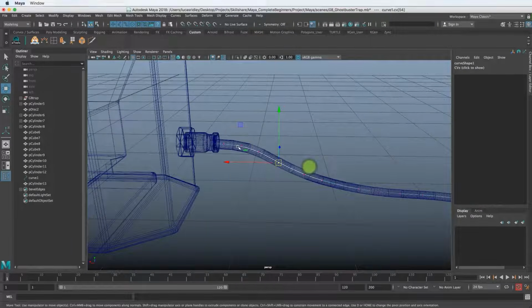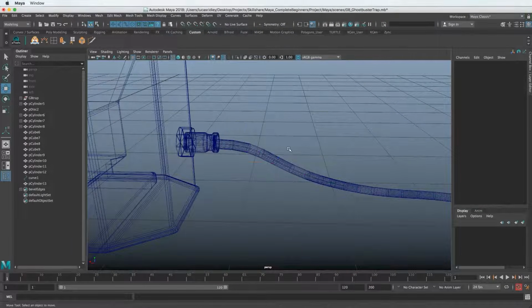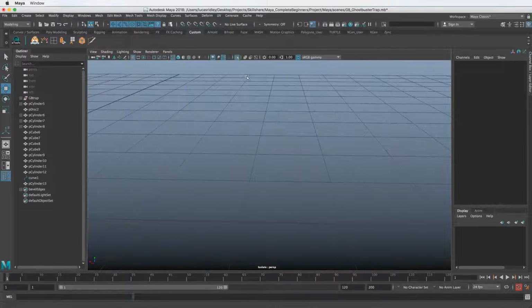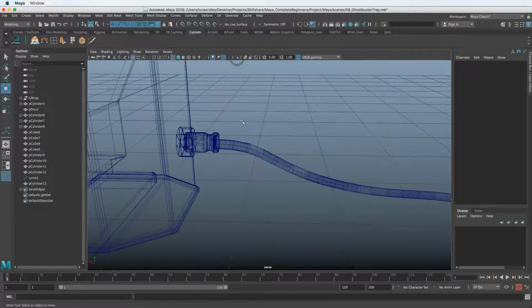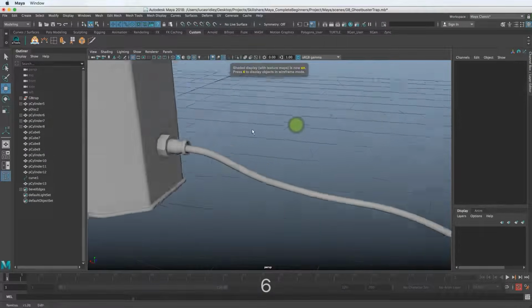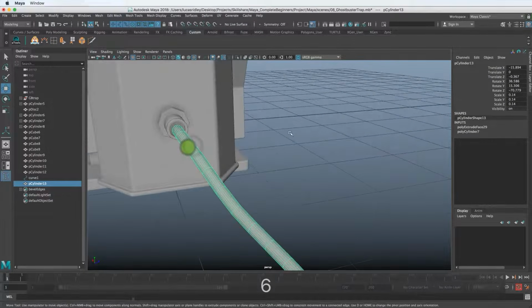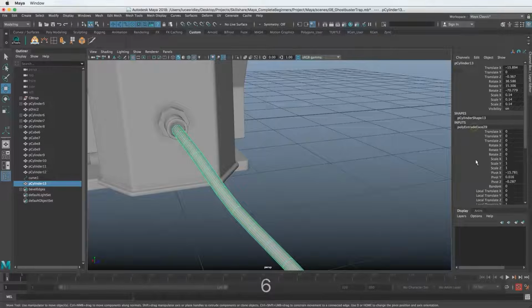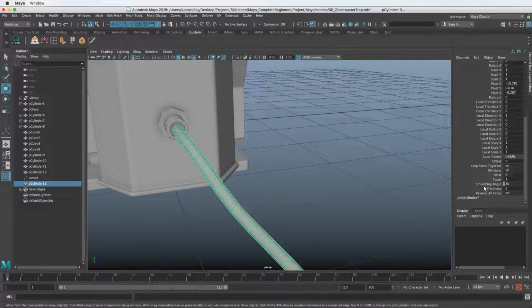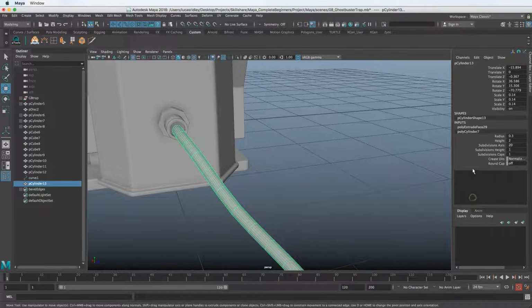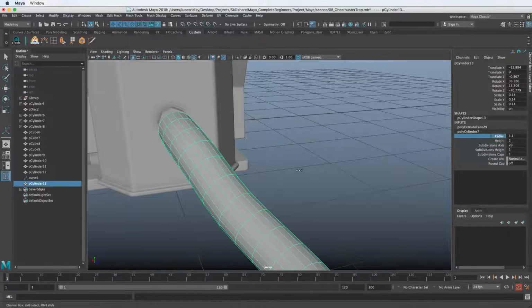Cool. So that's how you extrude an object and make a chord, something like that. Most mech and hard surface models have chords of some sort. And right before we sign off here, let's make sure we get the polycylinder radius correct.